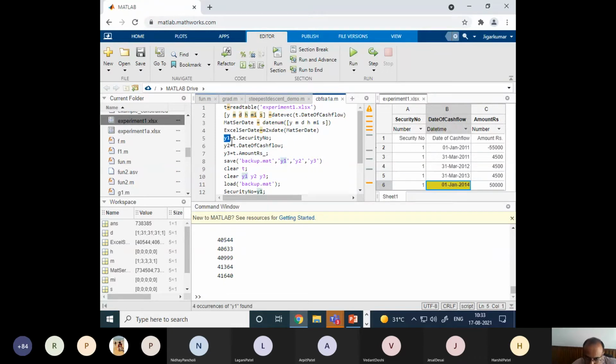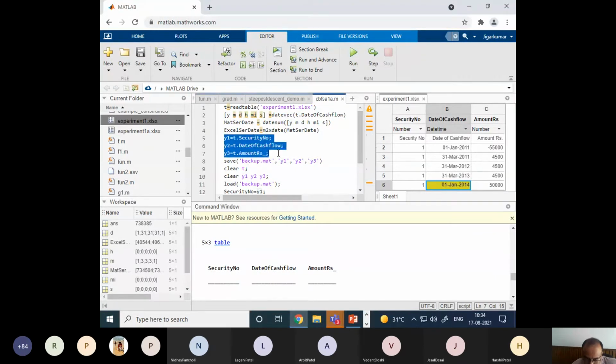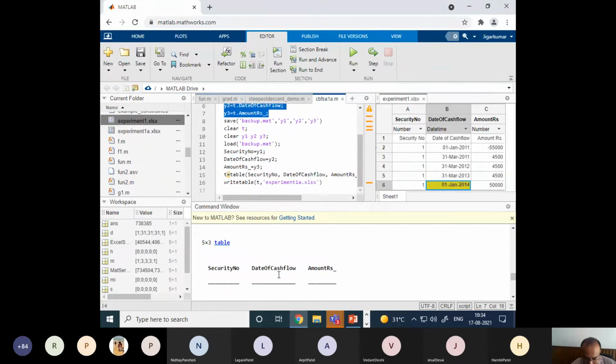Now I have to store all the different arrays or all the columns of my Excel file in some workspace variables. Say Y1 stores my T dot security number, Y2 stores my T dot cash flow, Y3 stores my T dot amount RS underscore. Even though I have typed RS dot, MATLAB has converted it into this heading underscore RS underscore. So use this MATLAB convention only, and I store it in 3 different arrays or 3 different workspace variables.